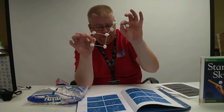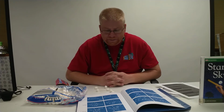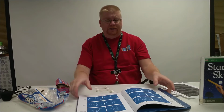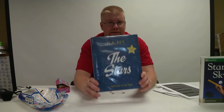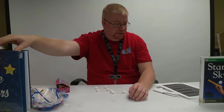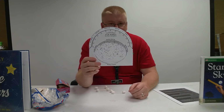You can do the Big Dipper, you can do whatever constellation you want. Again, if you want to, you can finish it out and go ahead and make the Big Dipper all the way into the bear. You can do Orion. There's one here called the Well. Yeah, Pegasus and Hercules. They're all different ones. You can find them again on the internet. Call the library and request these books to check out so you can have pictures of them. You can also go to the internet, print you out a star wheel map which has all the